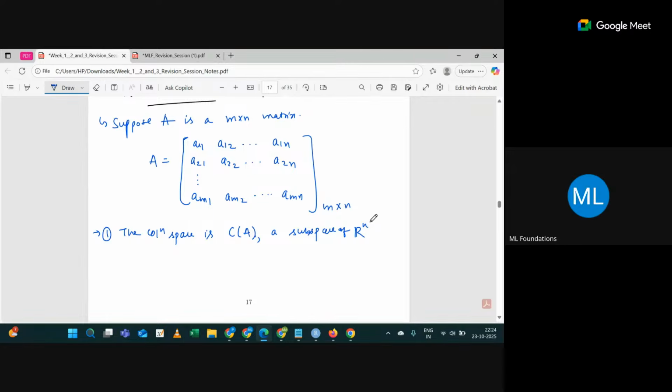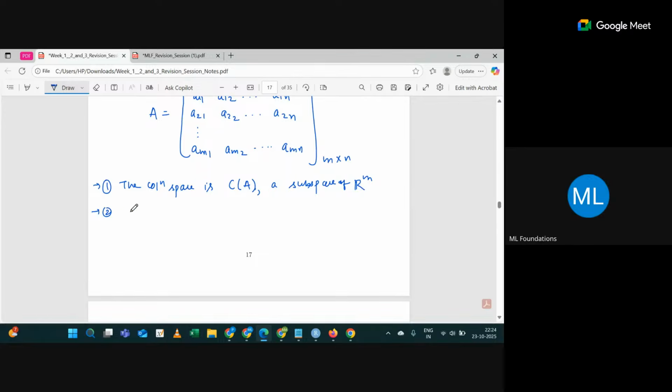And why? M or N? Each vector in the column space has m components, right? So it's M. Columns are vectors, so there are n vectors or n columns, but each column has m entries. It should be M. Okay. Now,